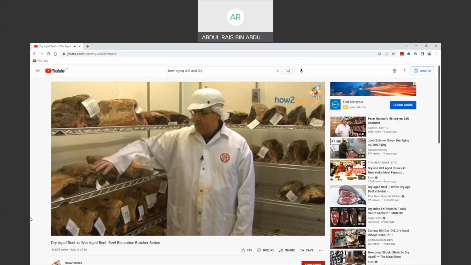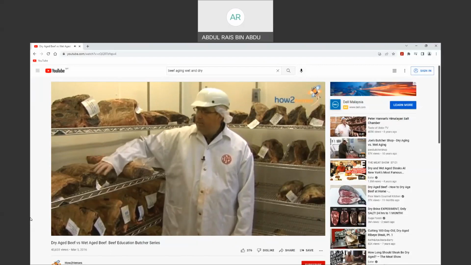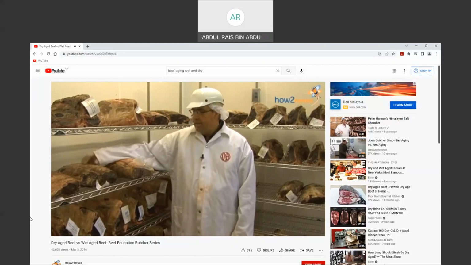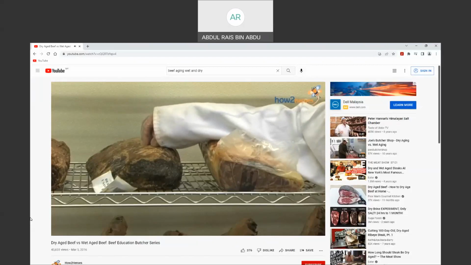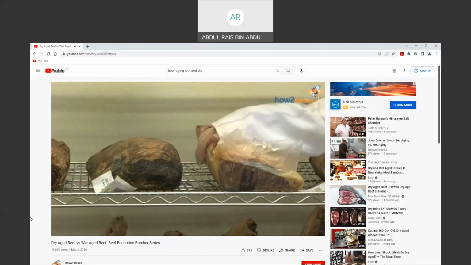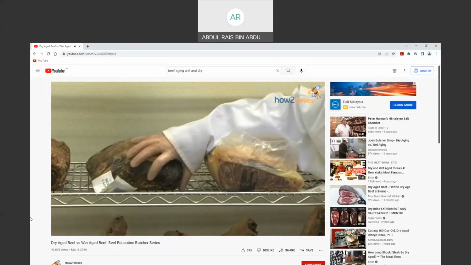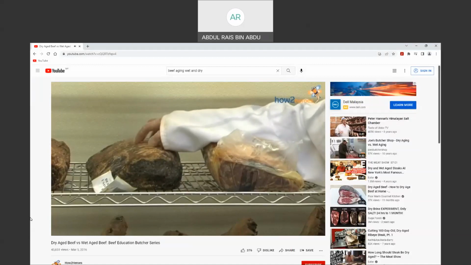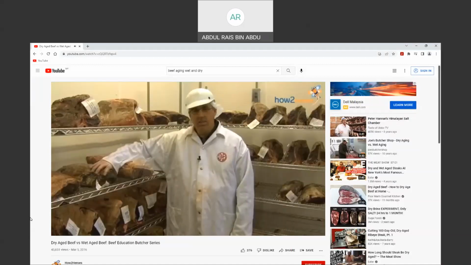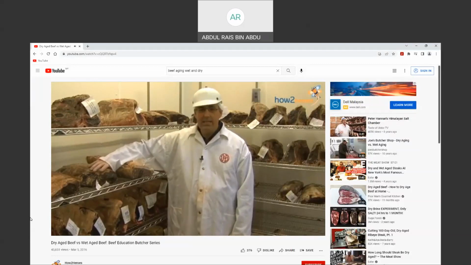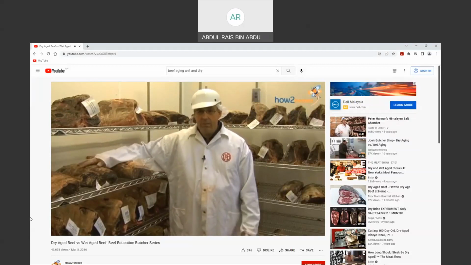And what happens is you get the surface drying that'll happen within about a week and creates a crust over the muscle. And then what's inside of this is still moist and red, a little darker red than typically would be in a wet aged. But the surface drying actually retains what moisture's in there, but it shrinks up around the muscle and creates that flavor. So again, 28 days, and the key to doing it, a lot of people think they can do this